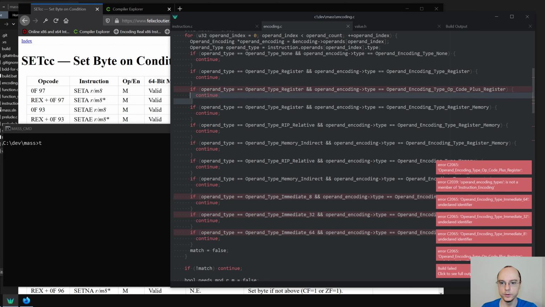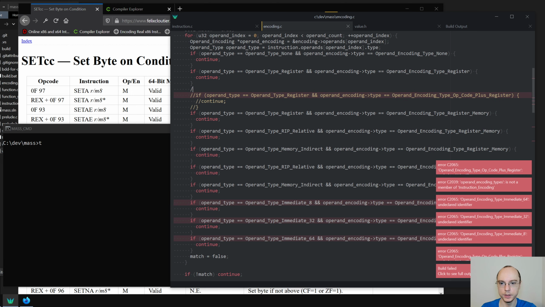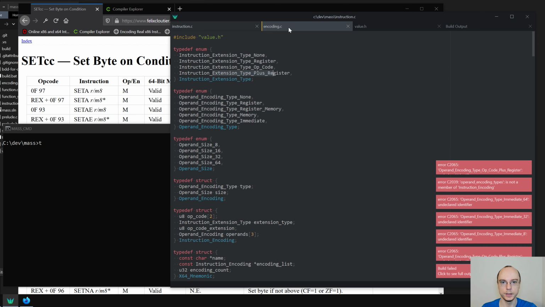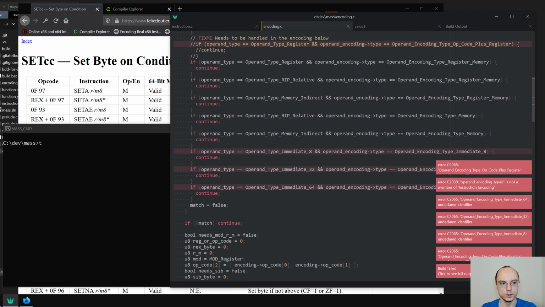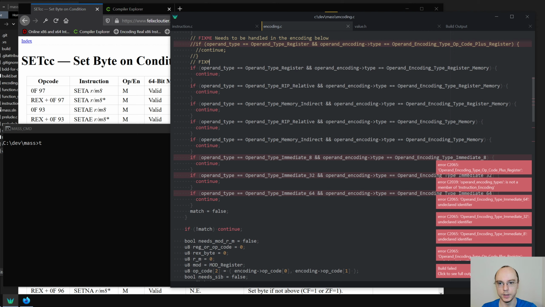First of all, we don't really need this, but I will just comment it out and add a fix me so I don't forget about this, because now this needs to be handled in the encoding below. So we change this, remember, to be an extension type instead of a way to encode the operand. So this is good. These ones technically stay the same, but we need to have another fix me check types